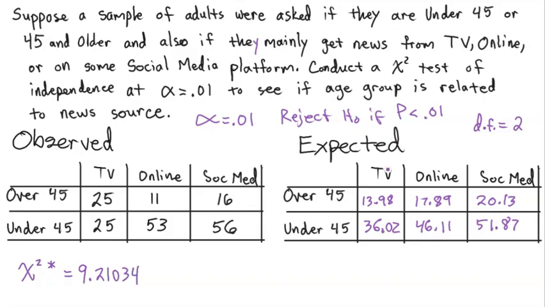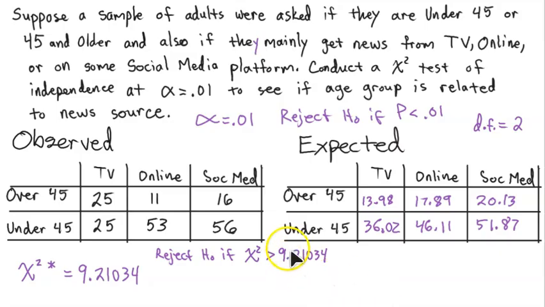And so we're going to say reject H sub O if the actual chi-square test statistic is greater than 9.21034. Okay? All right, now we're moving on to step 5, where we have to calculate the chi-square test statistic,